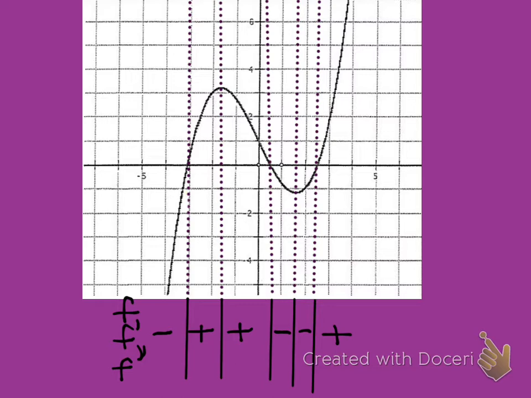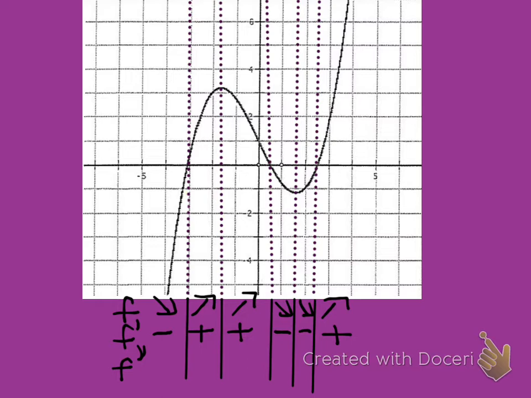So again, where my first derivative is negative, my original graph should be decreasing at that point. And where my first derivative is positive, my graph should be increasing. So it'll be increasing, decreasing, decreasing, and increasing. And just by using those arrows, I'm getting an idea of what pattern my graph is going to be following. Last but not least, let's talk about